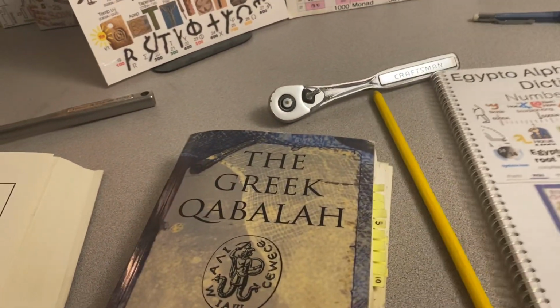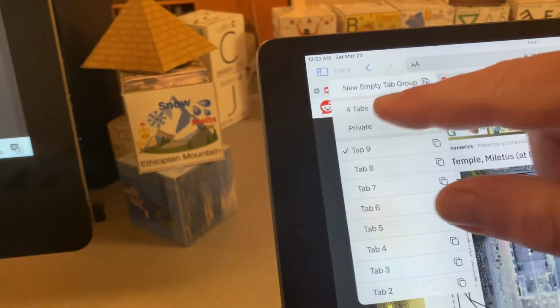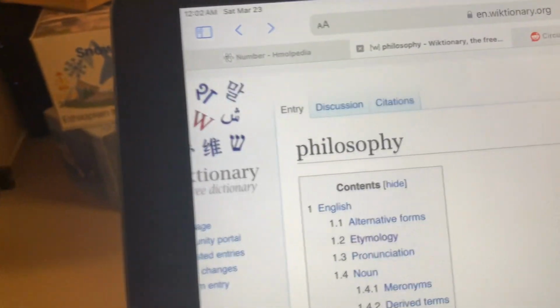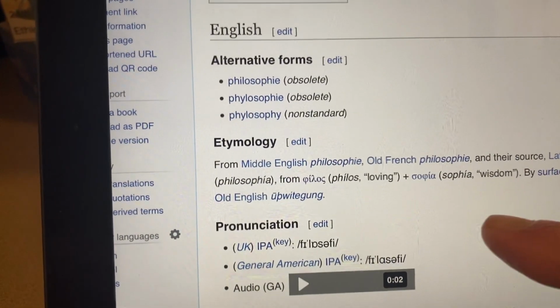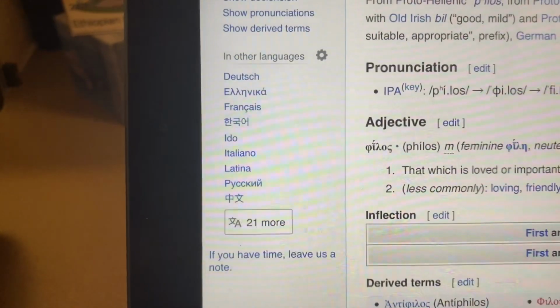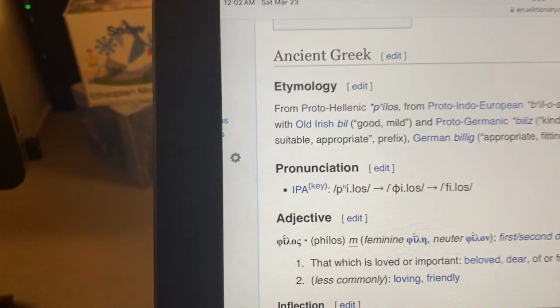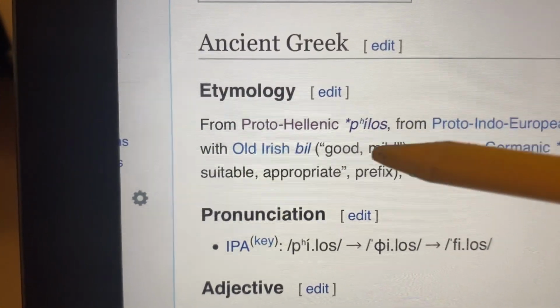So a simple example is the word philosophy. If we look at the word philosophy in the dictionary, we go here and we see that it comes from philos, meaning loving. And then we go over here and we're told that it comes from a Proto-Hellenic word, philos, which is the same spelling. And this comes from the